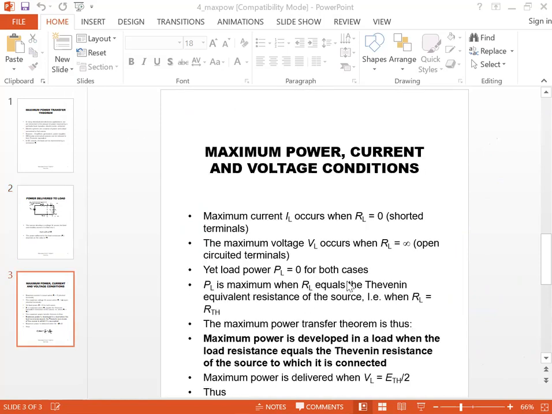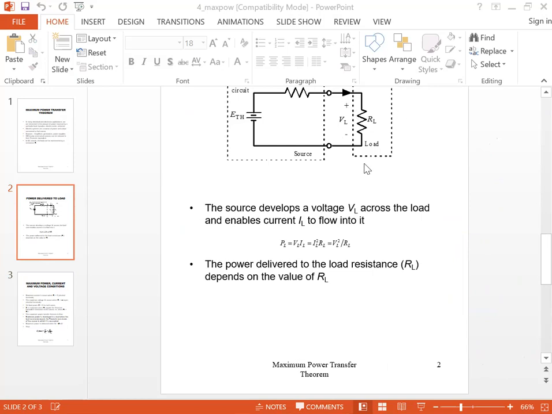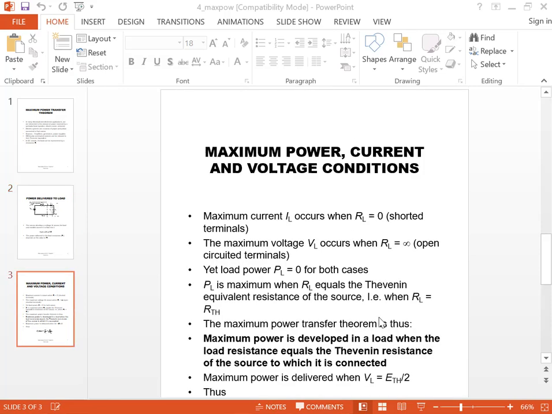And maximum voltage is where the circuit is open. But in both cases, if the circuit is open, there is no I, and if I is equal to 0, the power is equal to 0. If it is a short circuit, there is no voltage drop on the circuit, and if voltage is 0, the power will be 0. So the maximum voltage VL occurs when RL is equal to infinity, open circuit terminals, but